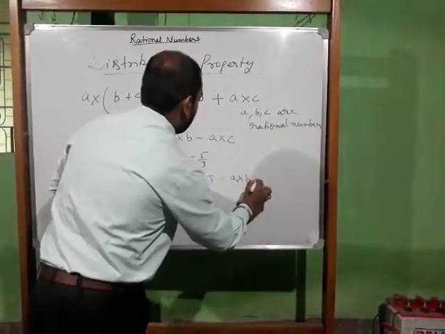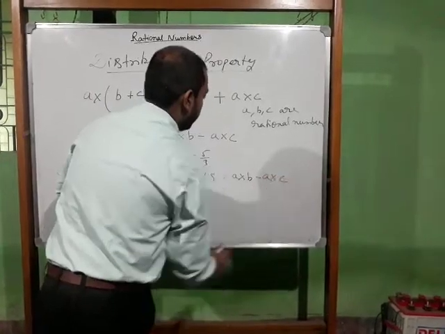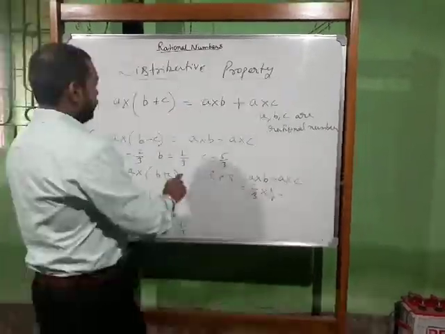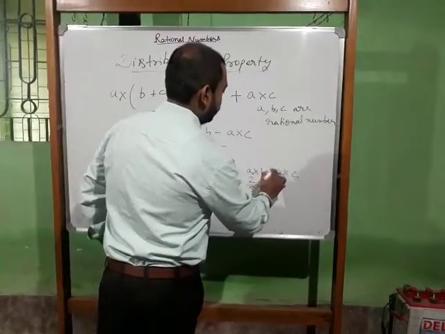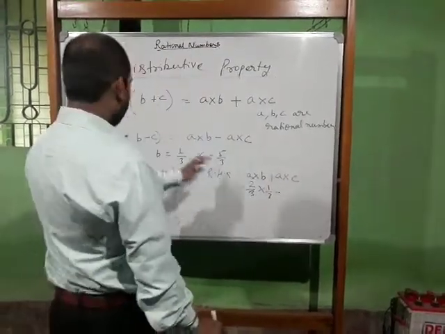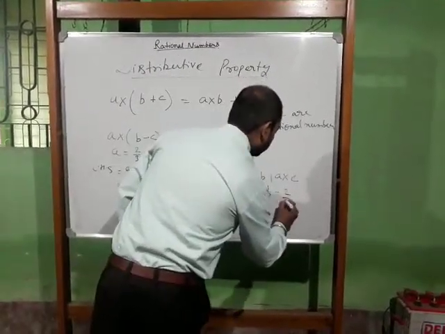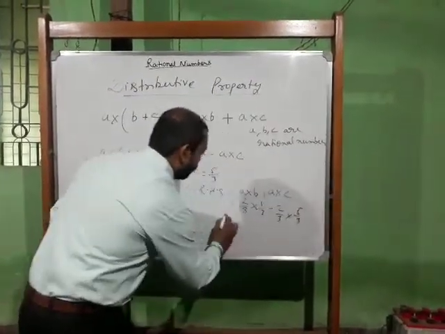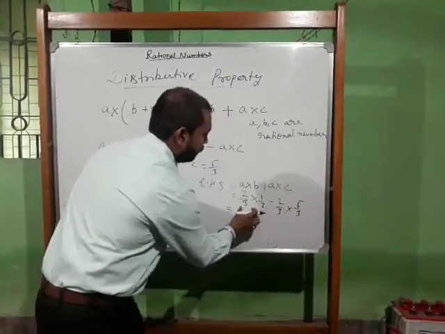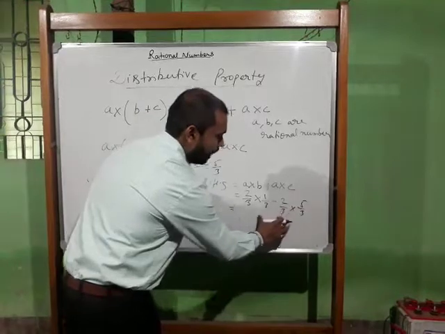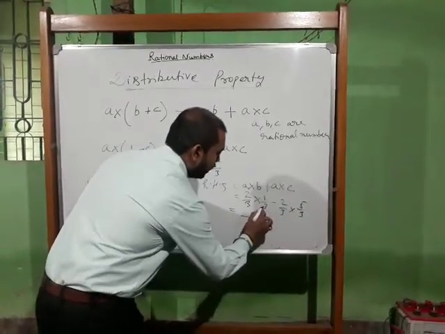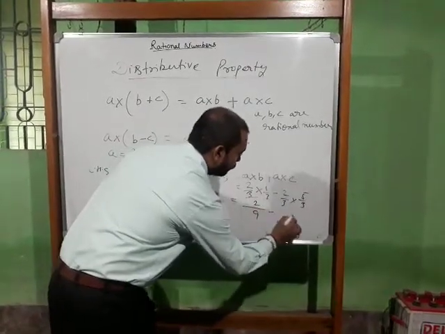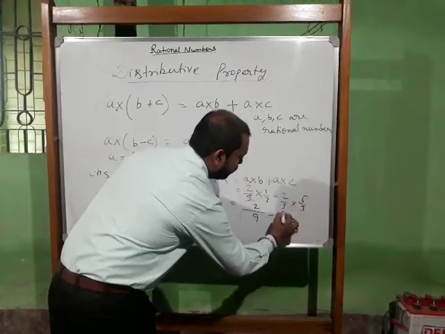Similarly, the RHS, to write, A into B plus A into C. So the value of A is 2 by 3 into B, and C is 5 by 3. So according to BODMAS rule, we will try to solve this. First we will do multiplication, then here we will do multiplication, at last we will do the addition. So directly you do the product, because here it is a product. 3 into 3 it is 9, 2 1s are 2, 3 3s are 9, 5 2s are 10.